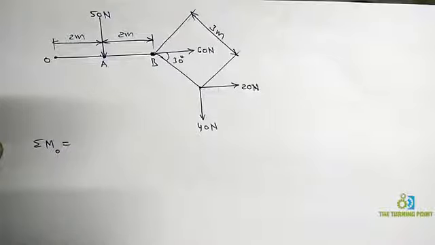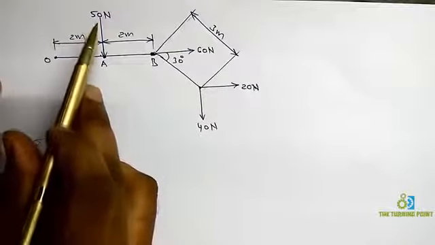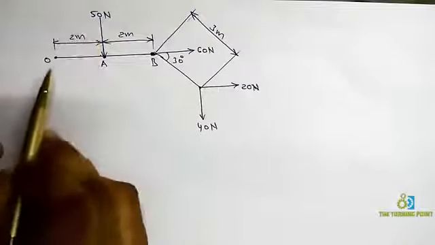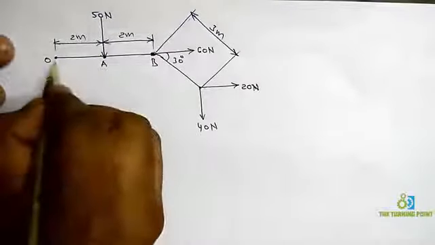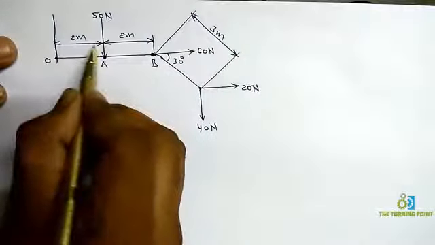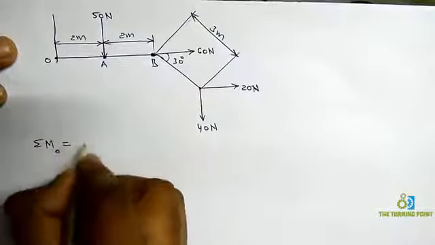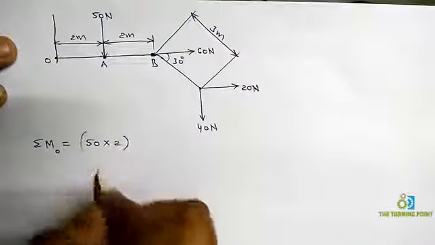So moment is nothing but the product of force and perpendicular distance. For each and every force, I am going to calculate the perpendicular distance and take the product of those two. Here the first force is 50 newtons, so 50 into the perpendicular distance up to the moment center. To find the perpendicular distance, draw a line passing through this point parallel to the considered force. Then this is the perpendicular distance, right? So the first force is 50 and the perpendicular distance up to the moment center is 2.